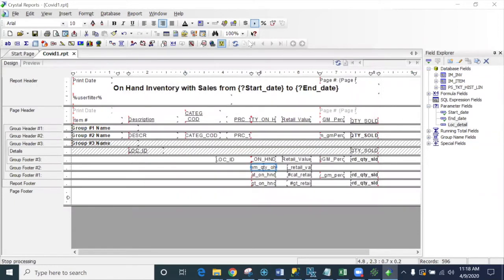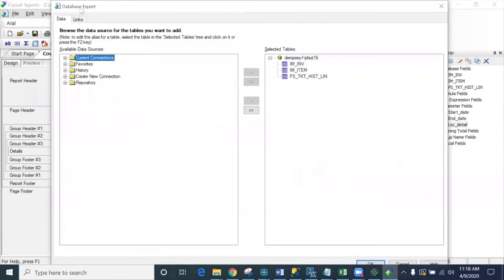I'm assuming what you mean by that is the database expert? Possibly. Where we have access to all of the tables that Counterpoint provides. So within the database expert, I have in my history a connection to my database, or a couple of them. And within that,